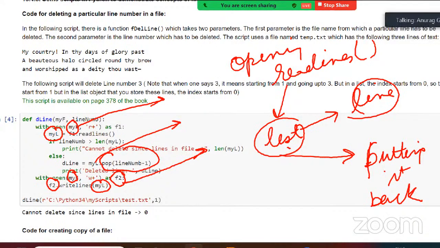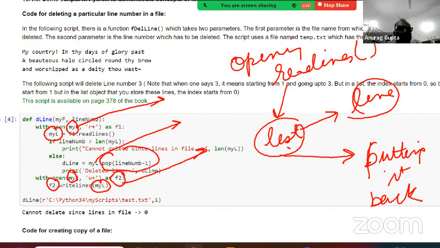Sir, as I have understood, since we cannot delete anything from the middle, that is why we are writing again on the file. Yeah. I am not aware of it. There might be some Python libraries which people have created to do that, but you can't do it with any of the functions in the inbuilt library which I am aware of.